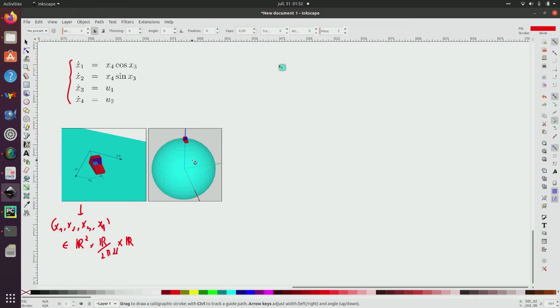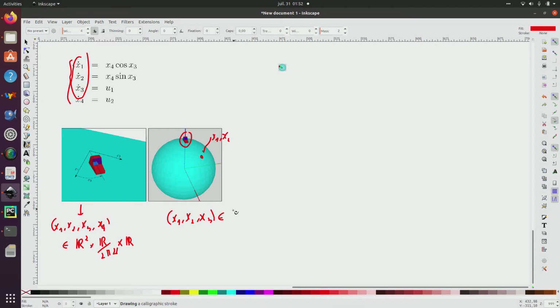Now things are different, because I cannot represent the position by x1, x2, but by a point on the sphere, like this. So this is a position which could be represented by x1, x2. And I cannot represent the state space by a Cartesian product of sets like this. Things are more complicated. So if I take the block of x1, x2, x3, which corresponds to a pose like this one for the car,